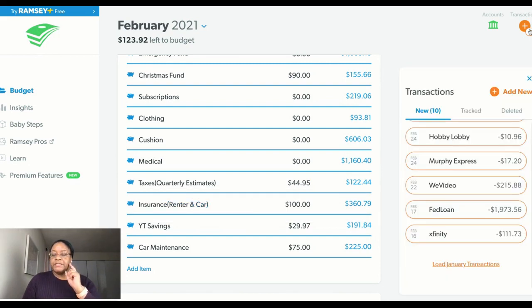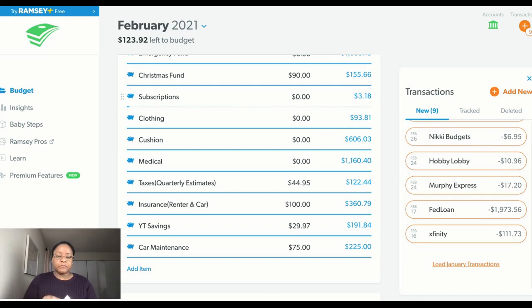I need to classify that transaction for the WeVideo, which is what you see me using right now. It uses my webcam and it can capture my web browser at the same time. WeVideo is $215.88. Now, what did I want to say about WeVideo? I don't know if that's included in the free version. I thought they had a free version, but I'm not sure. So in this subscription sinking fund, you see I have $3.18 left in that account, and that matches what I have on paper.